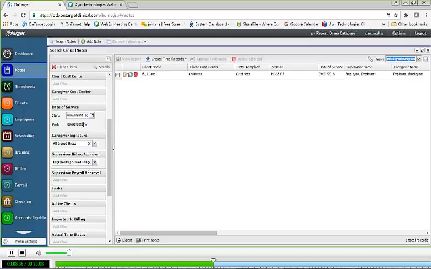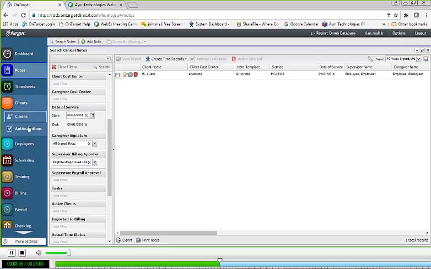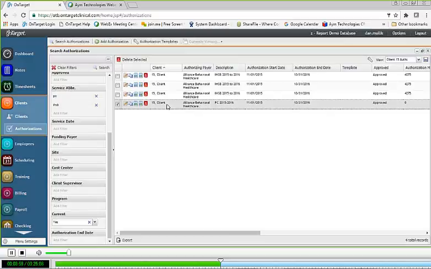Again, typically most of you are restricting this by date range. If you have a particular billing week, something of that sort, this would, of course, fall in line with your authorization. That was another thing that I really should mention. Let me go back real quickly. If I open up this authorization,